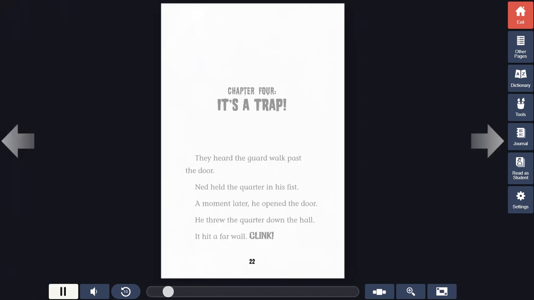Chapter 4. It's a trap. They heard the guard walk past the door. Ned held the quarter in